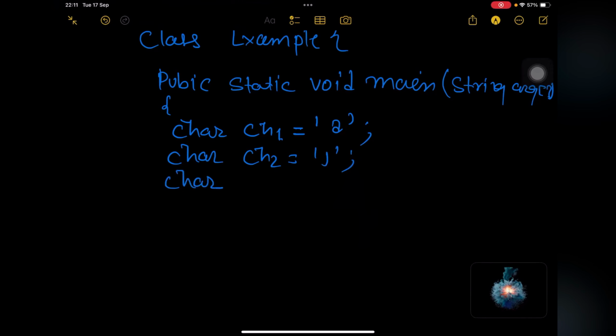Now char ch4, I am assigning a special character. I forgot ch3. Let us assume I mention 3 and then 4. I can do that also. So ch3, let us assume I assign 7 or